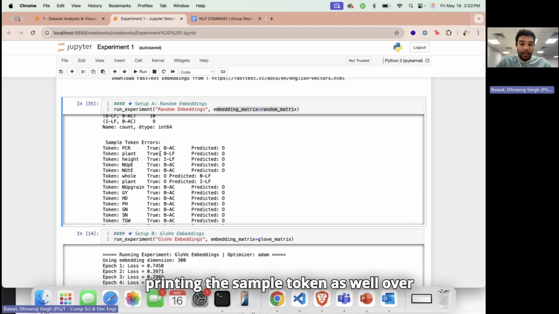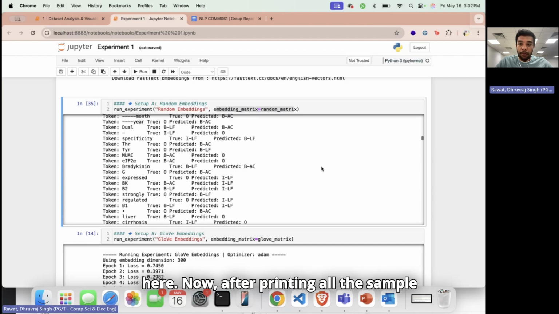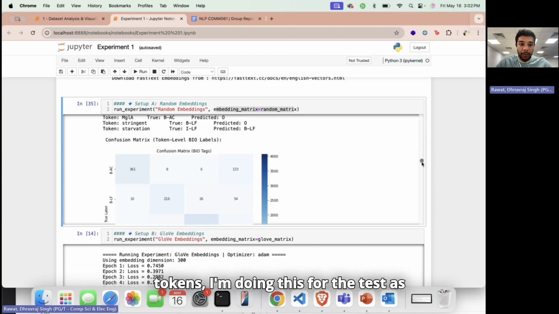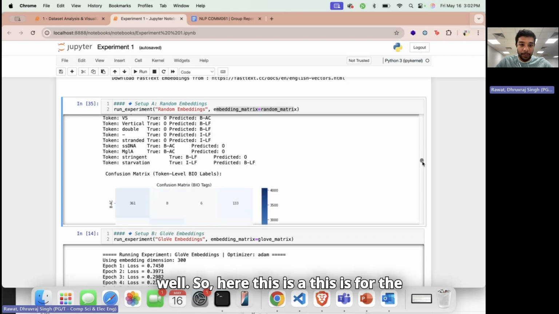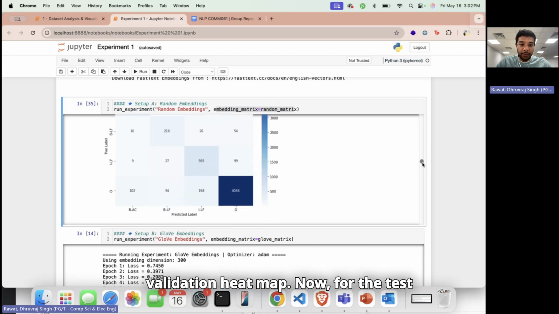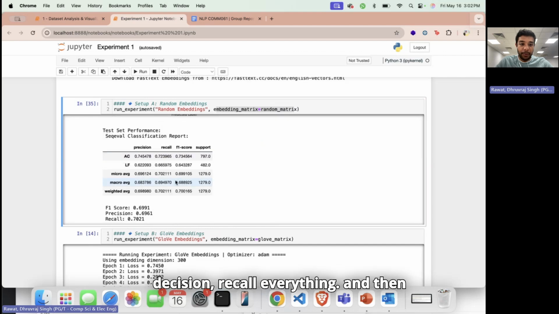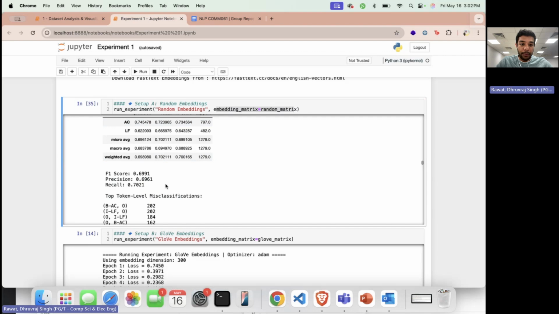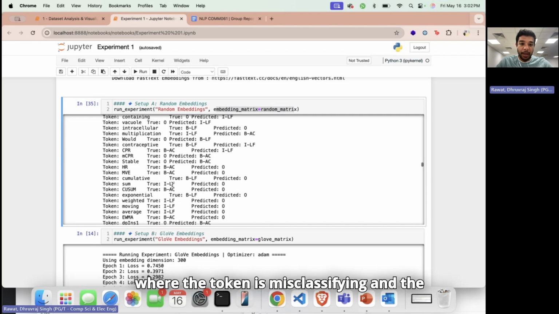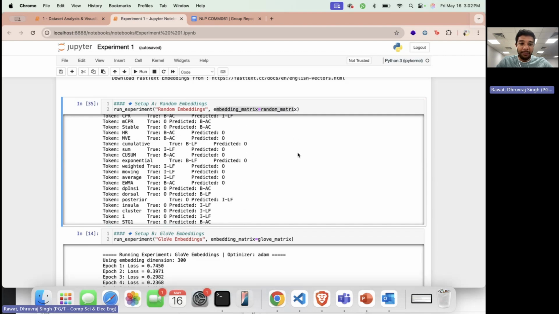Similarly, it's just printing the sample tokens as well over here. Now, after printing all the sample tokens, I'm doing this for the test as well. So here, this is for the validation, the heat map. Now for the test set as well, I'm doing the same thing. Precision, recall, everything, and then where the tokens are misclassified, and the source sample tokens, right, where the misclassification is